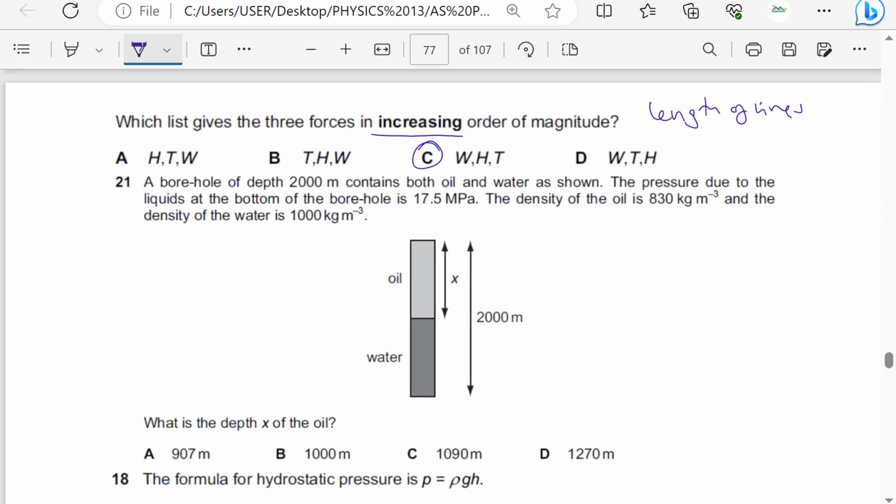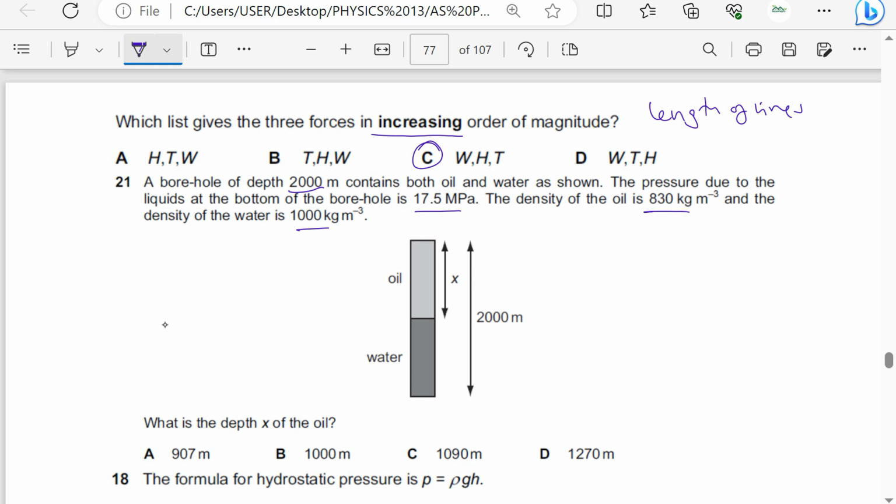A borehole of depth 200 meters contained both oil and water as shown. The pressure due to the liquids at the bottom of the borehole is 17.5 megapascals. The density of the oil is 830 kilograms per meter cubed, and the density of water is 1000 kilograms per meter cubed. What is the depth x of the oil? So first of all,